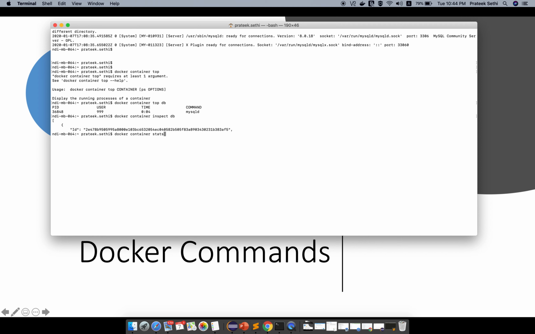This is a very important command, especially when we are doing performance analysis, performance testing. When we want to check the performance of the container, suppose I want to check the stats for MySQL, or for all the running containers,